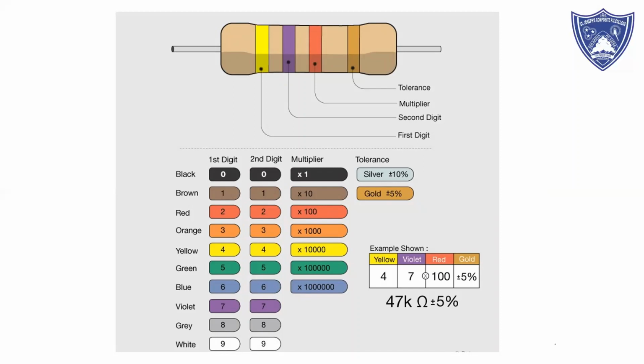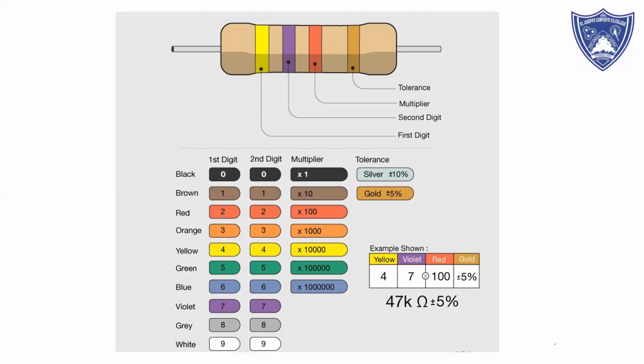Okay, so these indicate the numbers. First digit is 0, 1, 2, 3, 4, 5, 6, 7, 8, 9. You should remember this color coding chart. It is very, very important. You should keep that in mind. So how to remember it? It has a simple trick I will show you. First see the chart. I'll just explain it and then we'll see in detail.